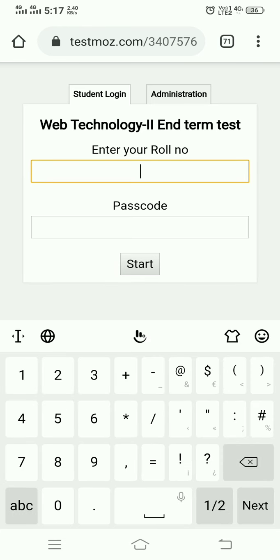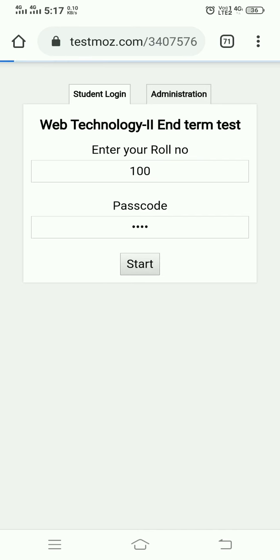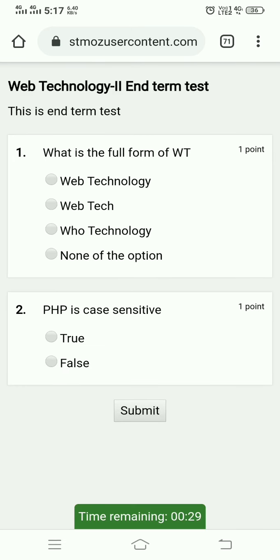For example, I enter the roll number 100, the passcode, and click on start, so that the student sees this particular GUI for the test. The student can click over here, then click over here, then time remaining, it shows the number of marks for each question, and then click on the submit button.